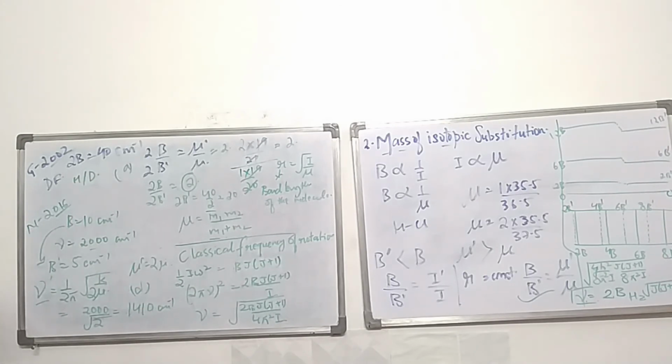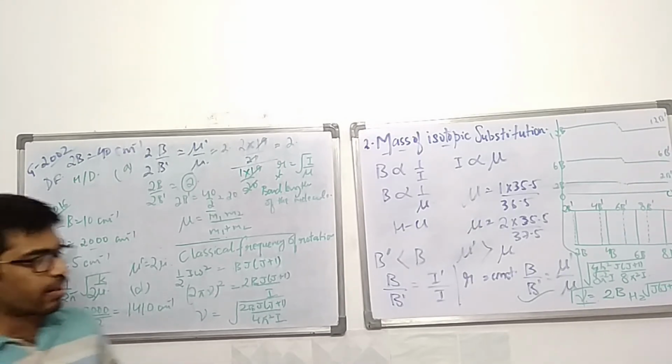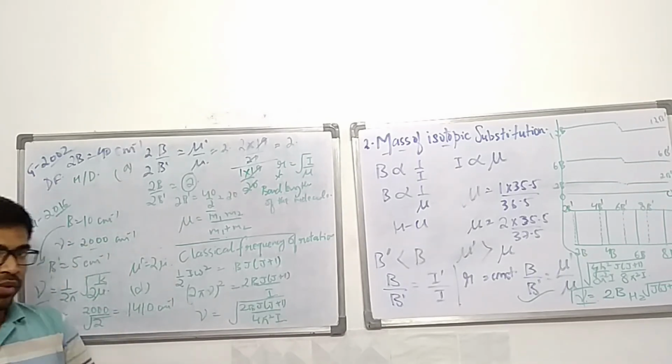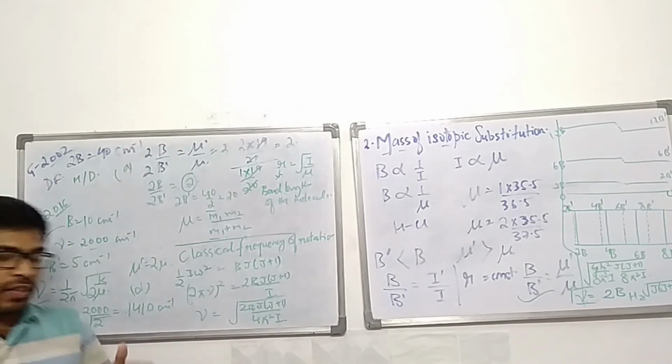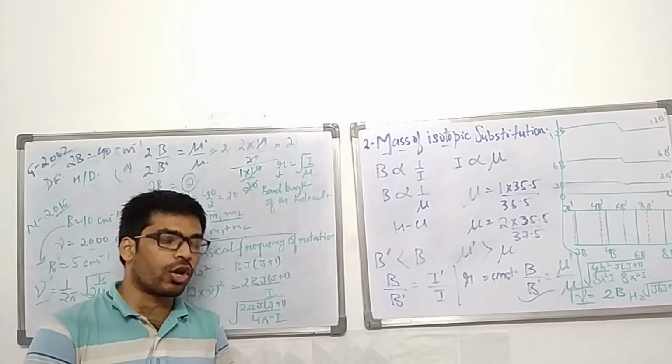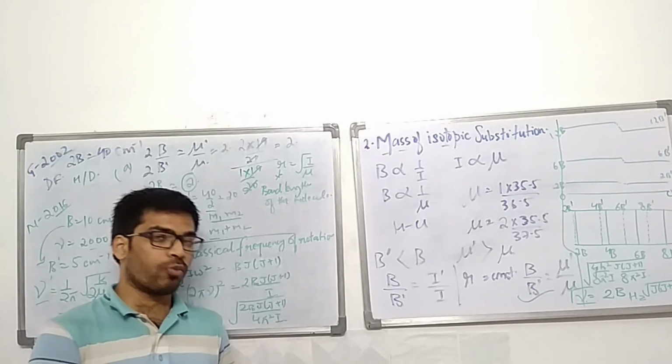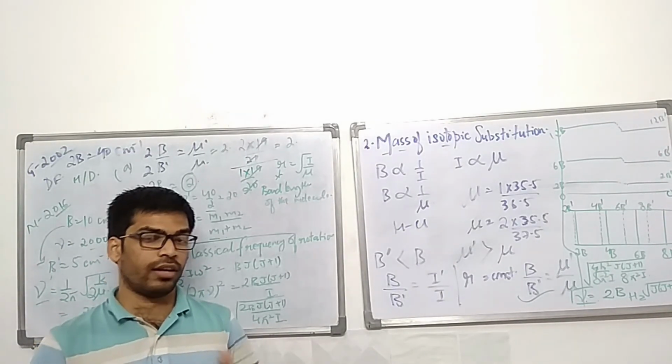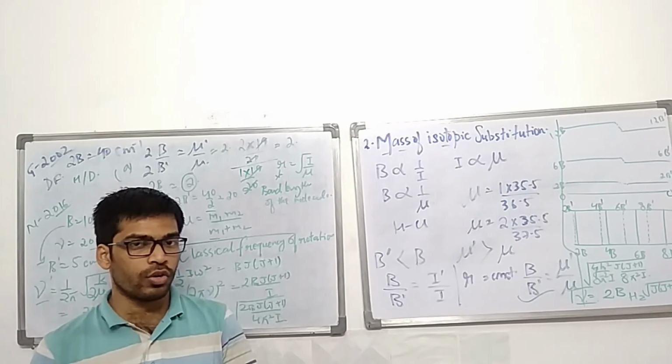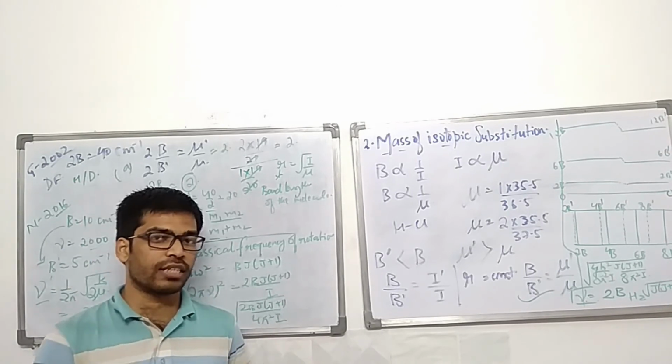Okay, I have discussed this question, and the last question for this part I have also discussed. So that's all the questions we have for rotational spectra of diatomic molecules. This part of microwave spectroscopy is now complete. In the next lecture in this series, I'll discuss the non-rigid rotor approximation for diatomic molecules. That is also a very important part, and a good number of questions have come from there also in NET, GATE and TIFR, which we'll discuss in the next lecture.